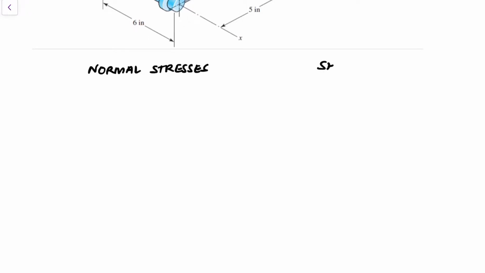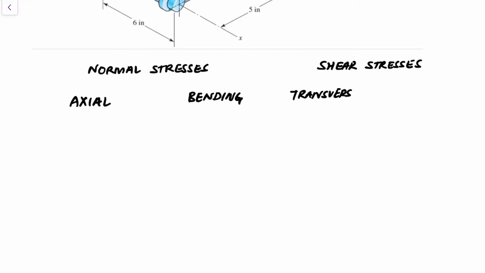and shear stresses. And under normal stresses, we have axial and we have bending. And under shear stresses, we have transverse shear and we have torsion. Again, this is just a recap from 306 or 303 EMA if you took it with that